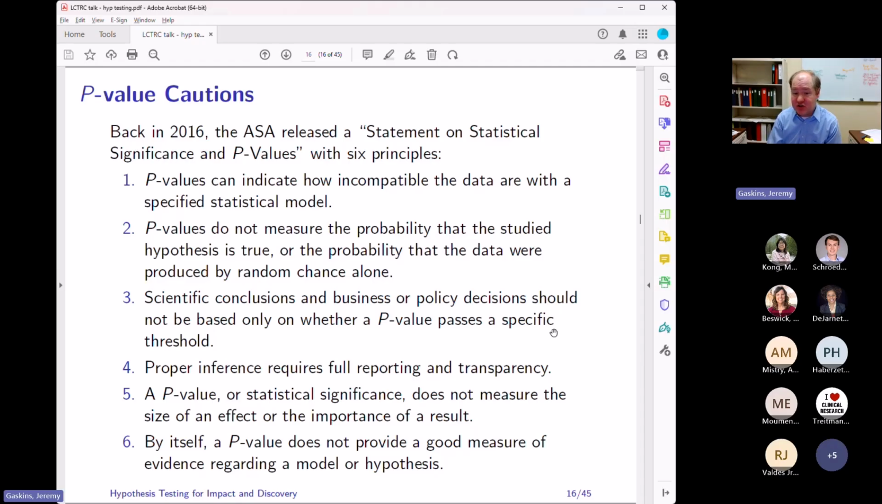P-value doesn't measure the size of an effect or the importance of a result, and by itself, the p-value doesn't provide a good measure of the evidence regarding a model or hypothesis. Again, the p-value measures the evidence against our null hypothesis, but it isn't really measuring the evidence in favor of the alternative, the thing that we claim. And that is an important piece that often gets lost when we're dealing with